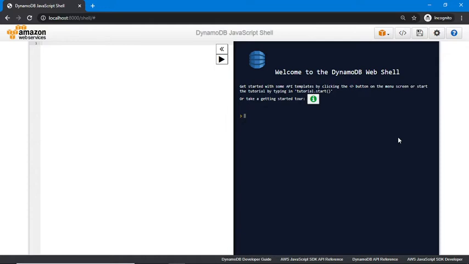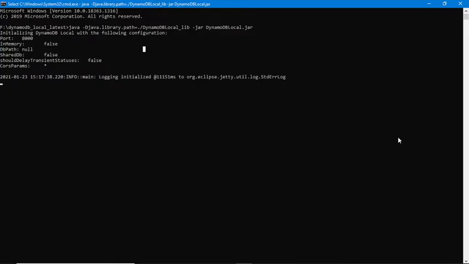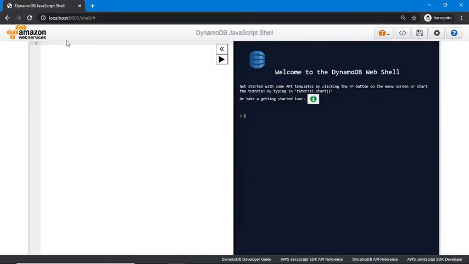In the last video, I showed you how to download DynamoDB local. Continuing from that, just run your DynamoDB local instance using a command like this. In the last video, we already showed this. So you can run your local DynamoDB with the help of this command, and your local DynamoDB works on port 8000 by default, and now my local version is up and running. So now I can show you how you can start your DynamoDB web shell.